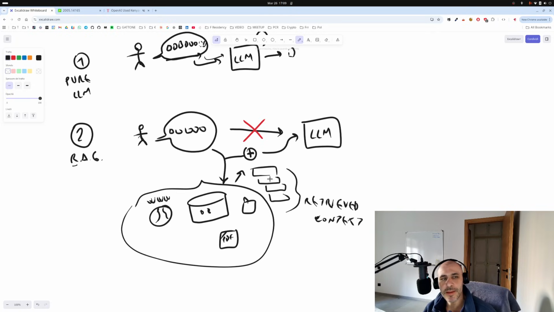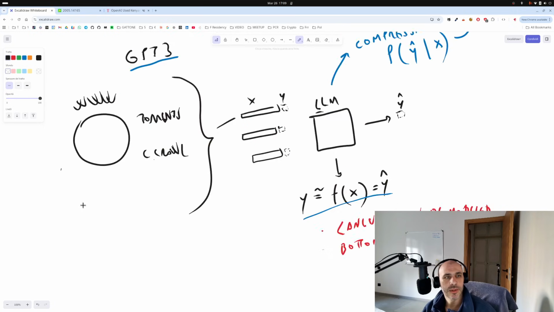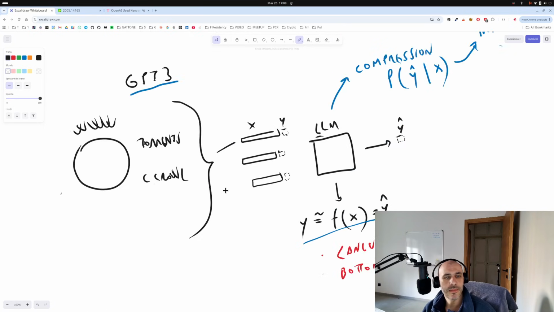This was a big step in the first year after ChatGPT, but was already present in the literature. This year I published the Cheshire Cat, if you want to take a look. Version 1. Version 2 is coming up soon, and it's a full multi-agentic system. And this was still before Claude Code came out.